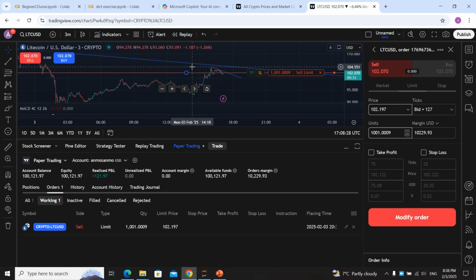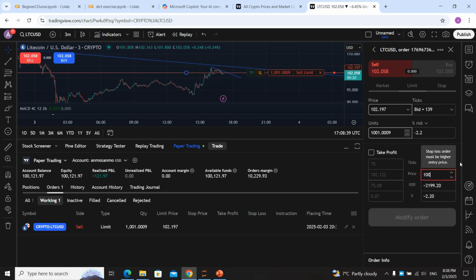What is the price? 104.50, 60. A stop loss at 104.51, 60. Okay, it's a good price for a stop loss. And what this ticket means, I don't really understand, but let's say the price is here and it's going to sell all of our USD and take profit. What take profit? It takes profit at,